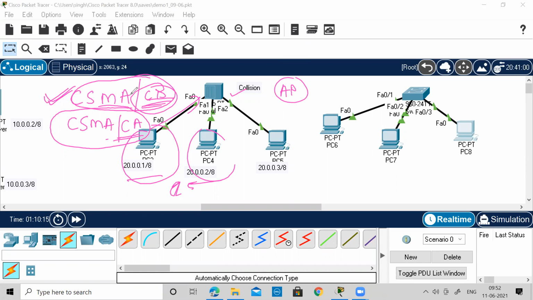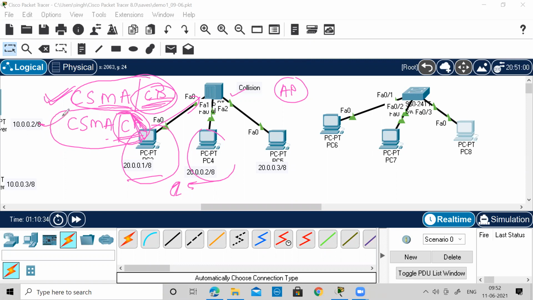Because of those electrical signals, we come to know that a collision has happened. But on a wireless medium, it's very difficult to detect collision. So most of the time the focus is on avoiding the collision instead of detection. Collision avoidance is involved over there.